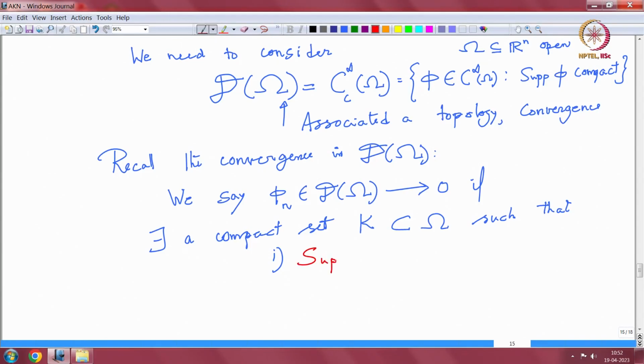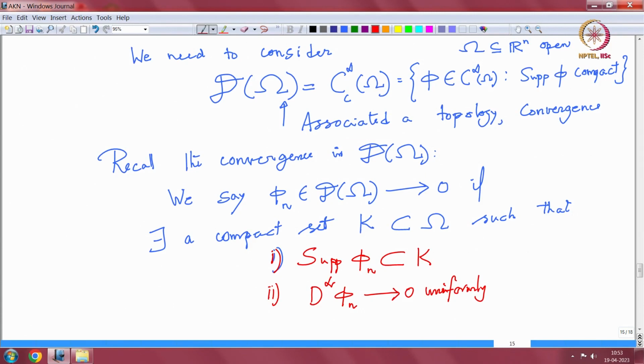Support of phi n contained in K, that is okay. So, the second part: the support of d power alpha of phi n converges to 0 uniformly. It is enough to say uniformly, but because of the fixed compact set, it is uniform